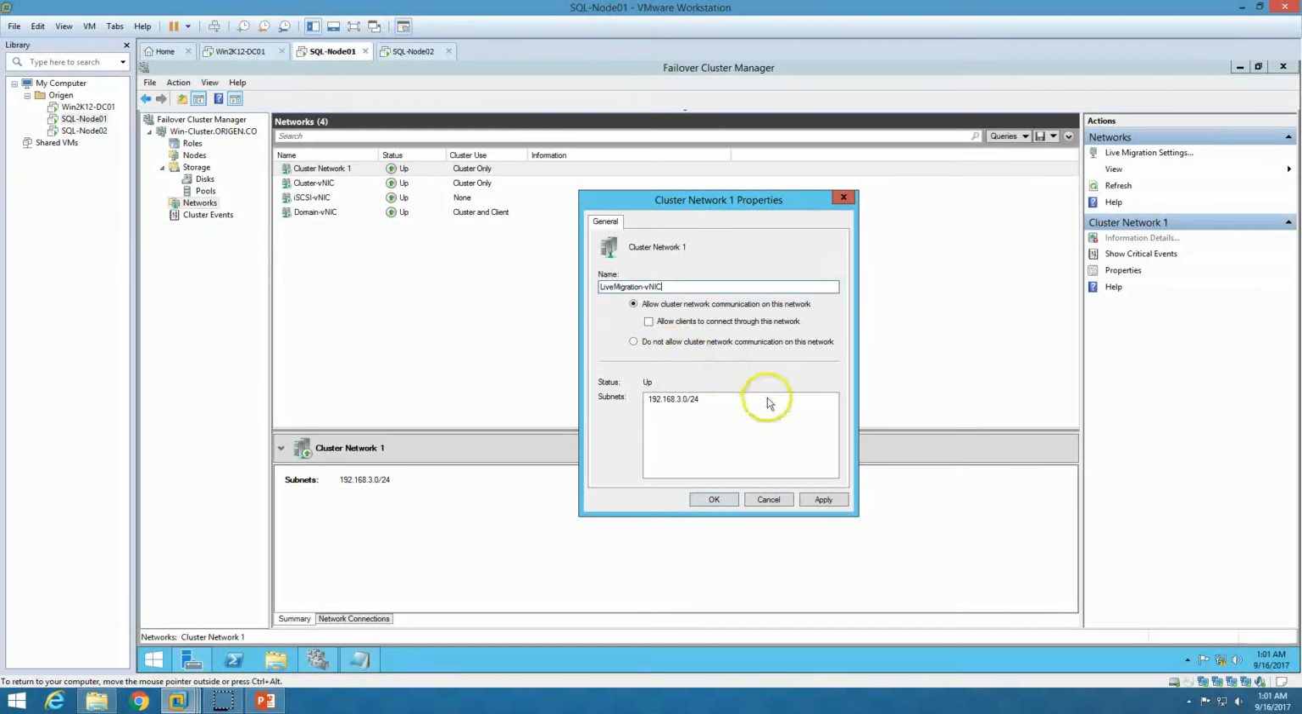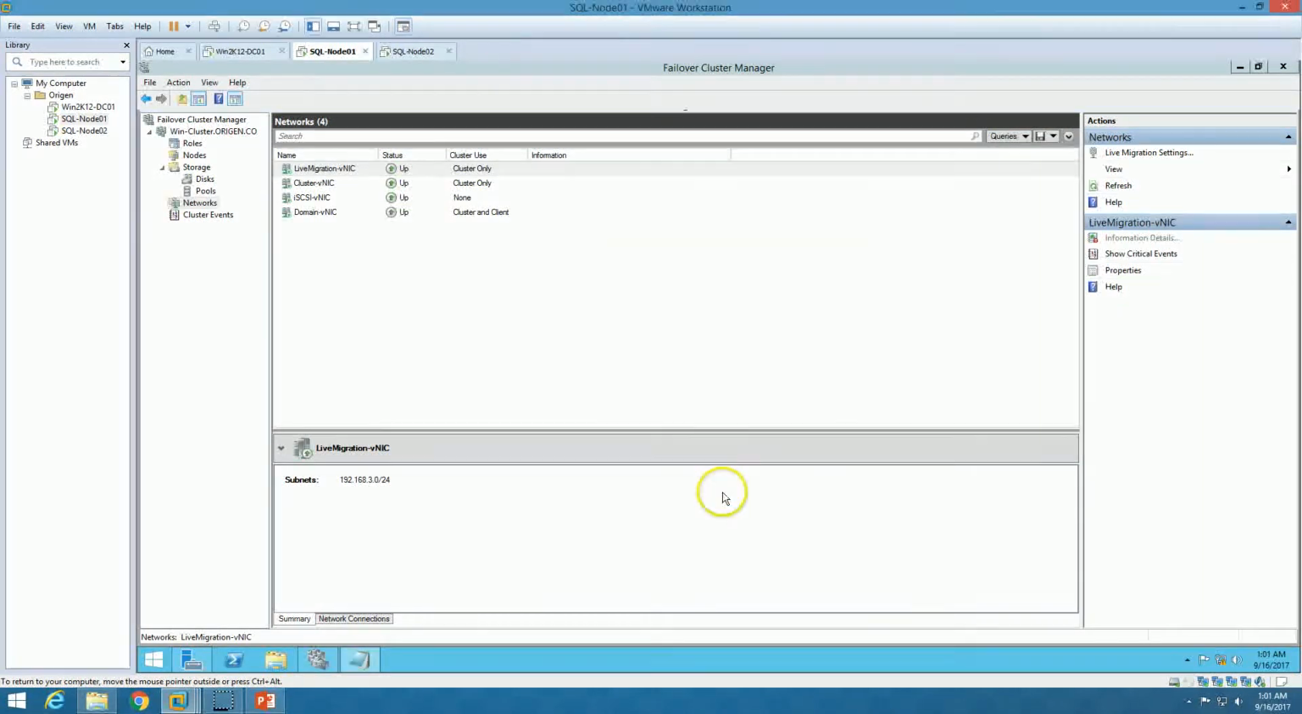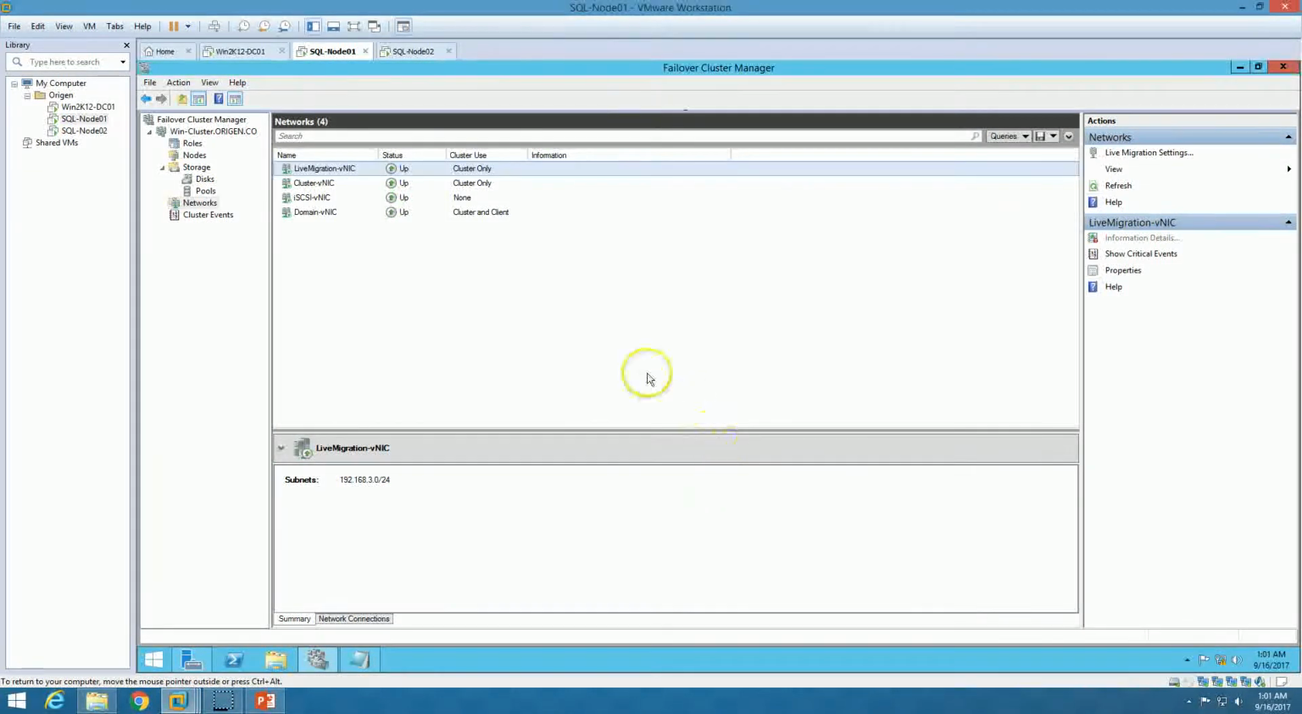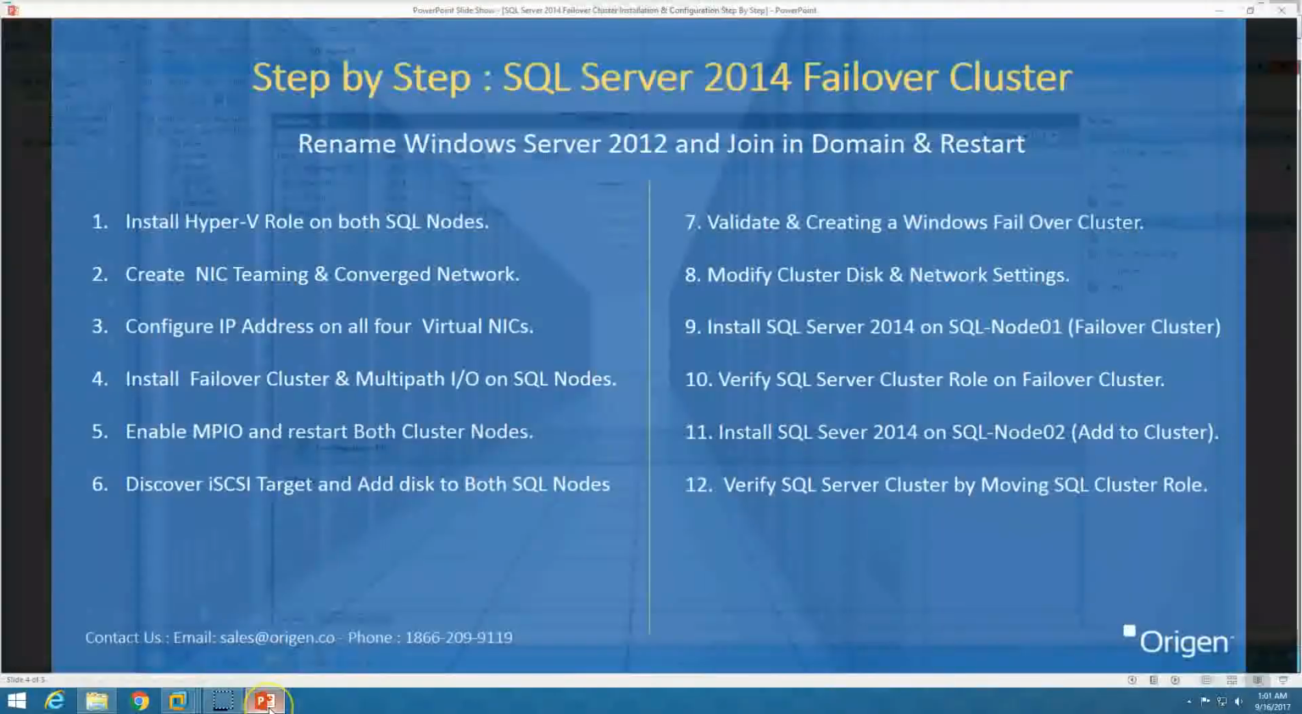and we need to make sure we have changed the setting here for live migration also. Live migration settings, I'm going to allow live migration for my live migration ports only. So move it up and select the live migration NIC and click OK. So now we are done, and now we are going to